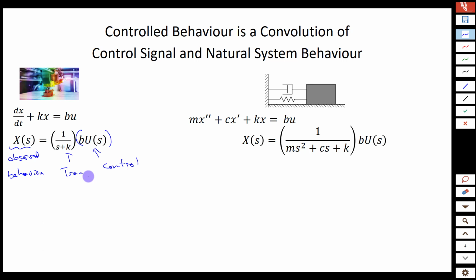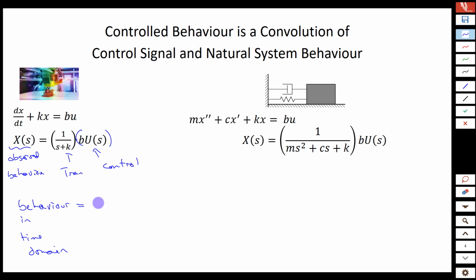So the behavior in the Laplace domain is equal to a product, but just like when we saw with Fourier transforms, if you have a product in the Fourier transform domain or the frequency domain, or the Laplace domain as well, since it's a variant on the Fourier transform, the behavior in the time domain